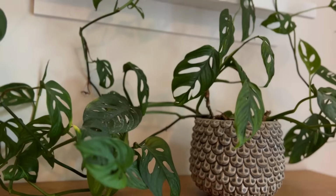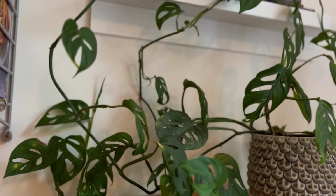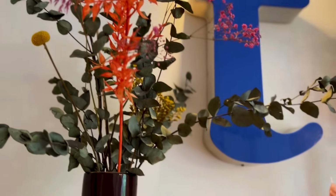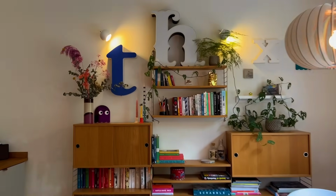And then again, we have some plants that are really mindfully placed and not just put all over the place. So they really integrate it and like loosen up the design and the square geometry of the space. And now, my favorite part of the apartment, the typography signs behind me. So these 3, the T, the H, and the X, they actually spell thanks,